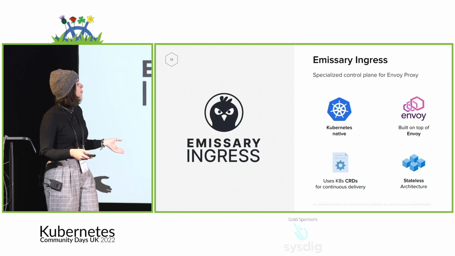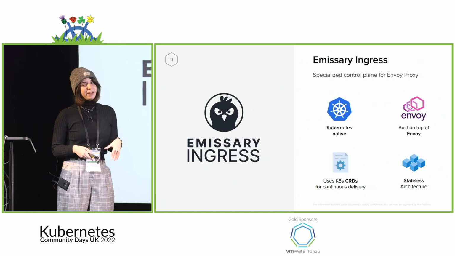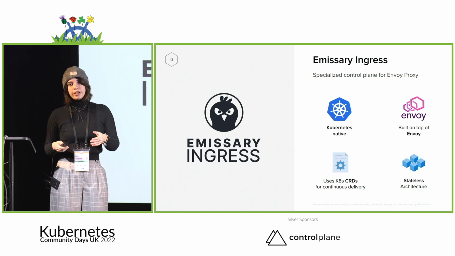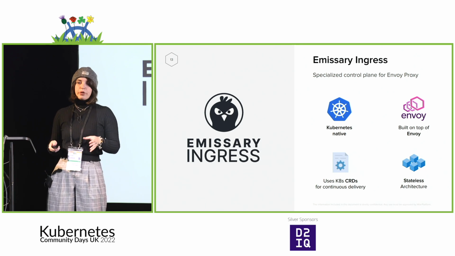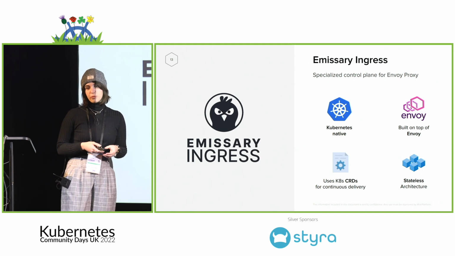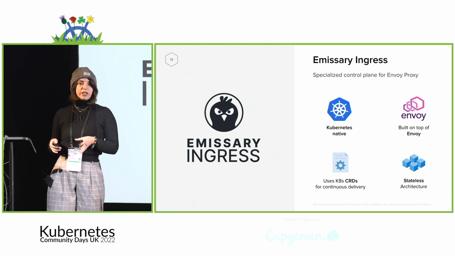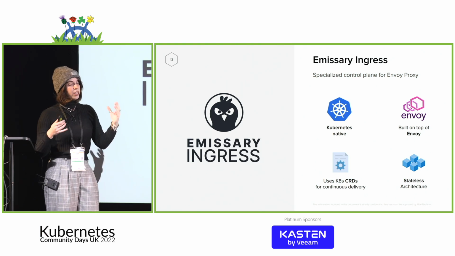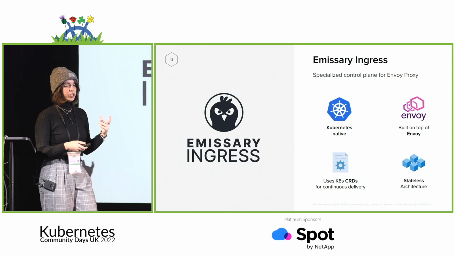Let's get to API gateways now, starting with Emissary Ingress. Emissary is a specialized control plane for Envoy proxy, meaning it is built on top of Envoy, and it gives us a layer of simplification when writing Envoy configuration. It is Kubernetes native, so it comes with all the advantages of being Kubernetes native, including the possibility to use Kubernetes custom resource definitions to write configurations. And finally, last but not least, it has a stateless architecture, meaning that it does not have to be built as a centralized entity, but it can be distributed, and therefore we can distribute all the management of security and